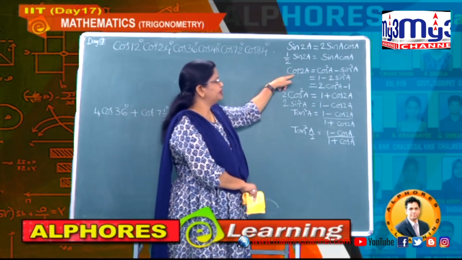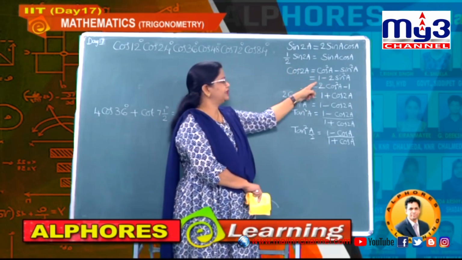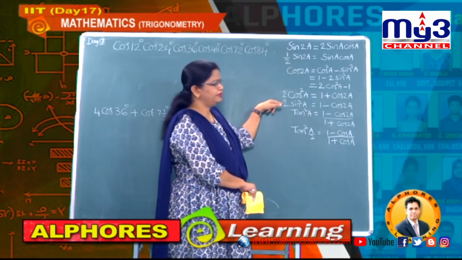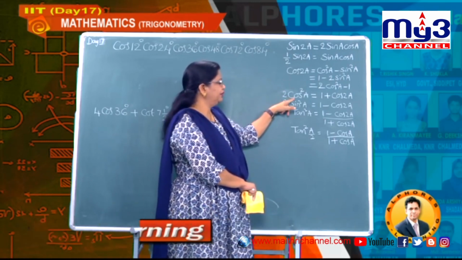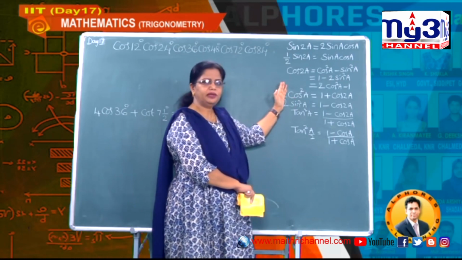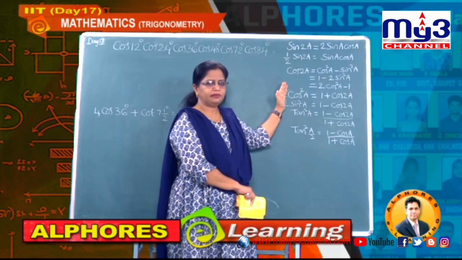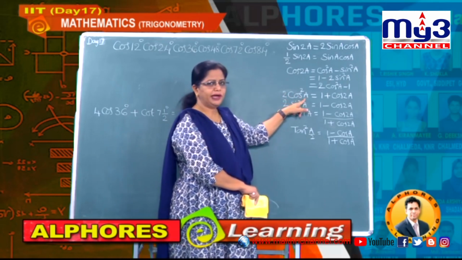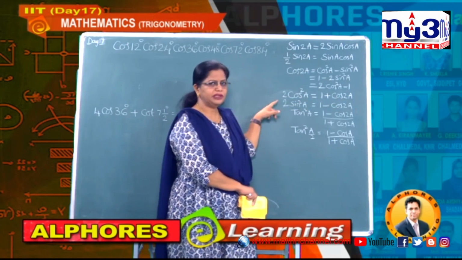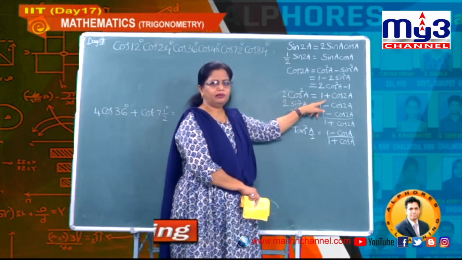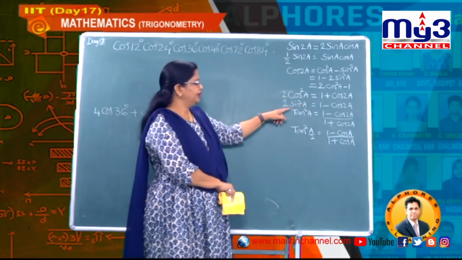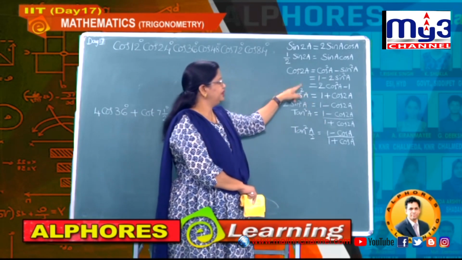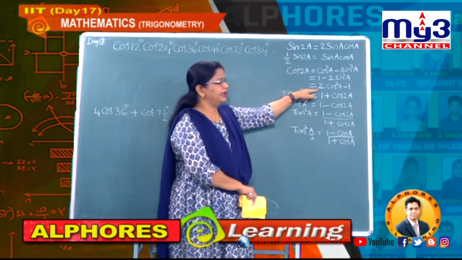And the next value is cos 2a, cos square a minus sin square a, and these two formulae. And next students, many times these two formulae are essential, and you know the old formula: if you take cos square a, then it will be 1 minus sin square a, when you do not want any change in the angle A. And suppose you want to change the angle A to 2a, then we make use of this formula. So 2 cos square a equal to 1 plus cos 2a, and in the same way 2 sin square a is 1 minus cos 2a, and these two formulae we deduced from cos 2a equal to this and this, okay.